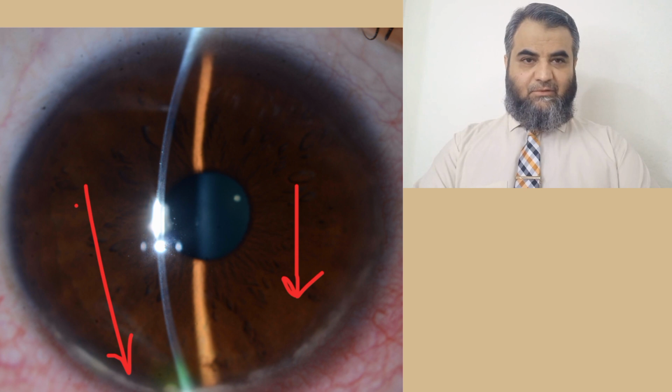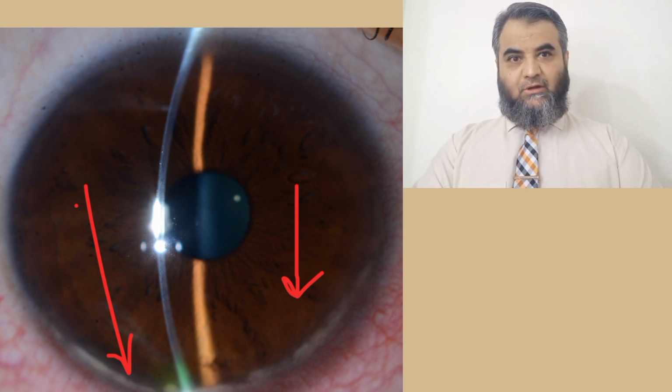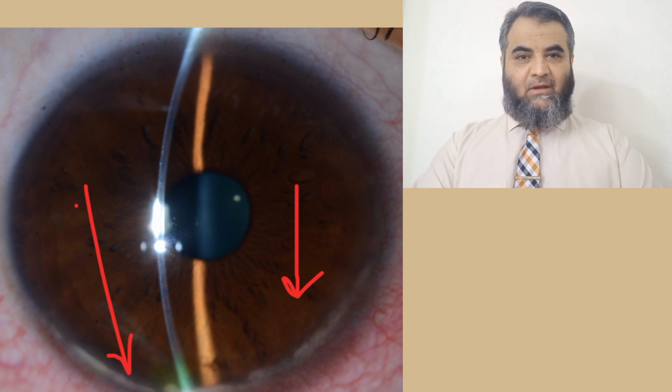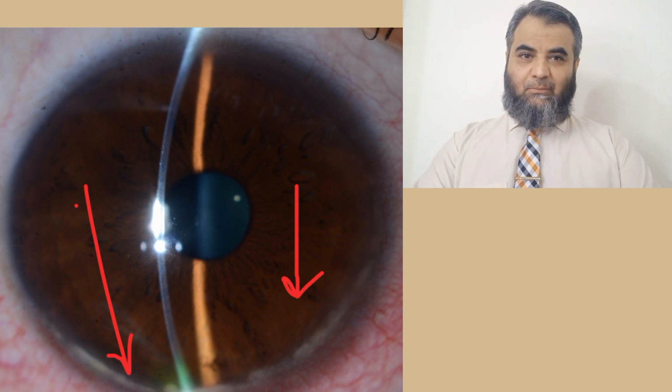In another anterior segment photograph, in the cross section, the red arrows show it extending from 4 o'clock to 8 o'clock, and there is ciliary congestion, which is also more pronounced inferiorly as compared to the superior bulbar conjunctiva. The anterior chamber activity was not that much. The patient's posterior pole, the fundus, was normal, the vision was not that much affected, and the main complaint was pain, tearing, photophobia, and